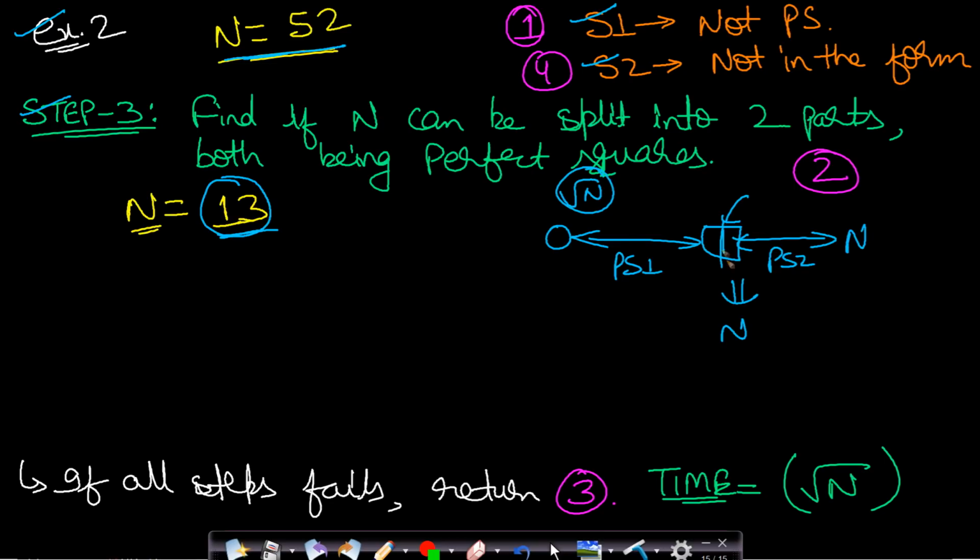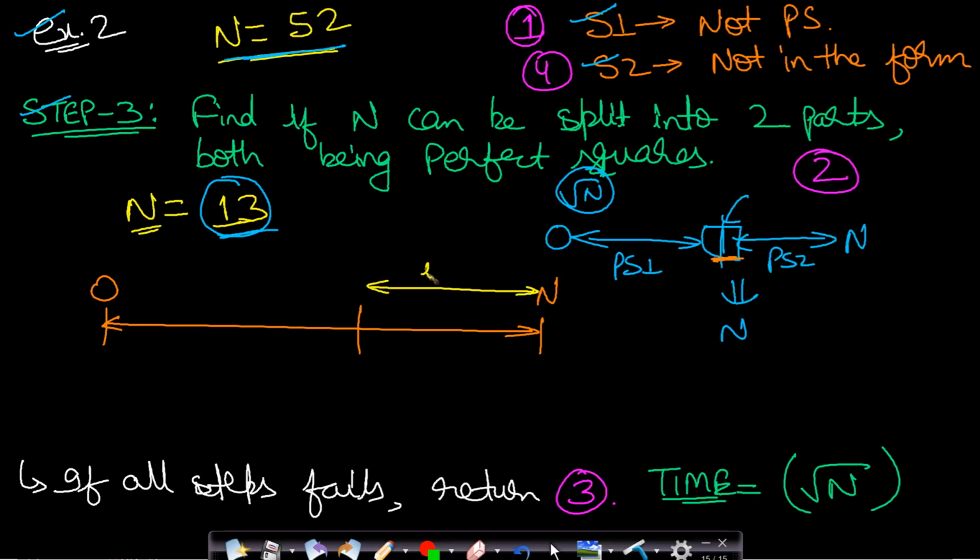Okay. So how do we find this breakpoint? If you have a number line starting from 0, and this is your value n, you will put a breakpoint somewhere, and this will be I into I. So you will run a loop and put the breakpoints, as I've already explained in dynamic programming and recursion. When you make a breakpoint, you are sure that this part is a perfect square. Now you want to verify if this other part is also a perfect square.